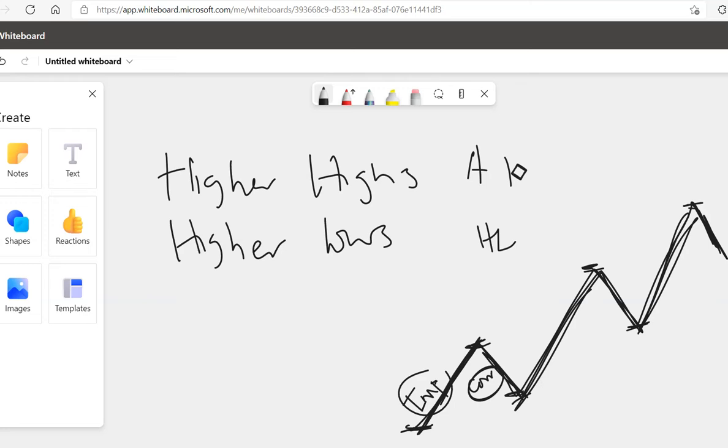So in other words, we call this the higher high, and we call this the higher low. We call this the higher high. Now it's falling down to form another higher low. That's simple. So when we start connecting these dots together, I usually tell my students that this is